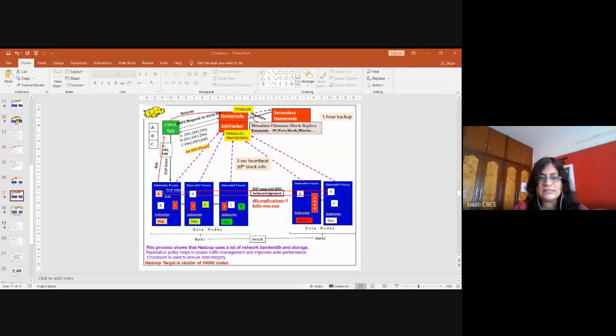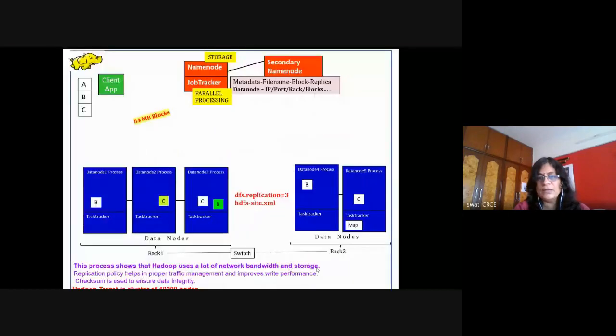Okay, so let's have a recap about Hadoop architecture. Is this screen visible to you? Here, Hadoop is an architecture for distributed storage and parallel processing both. So these are two different steps. The first step is about the storage of your big data, and the second step is about the parallel processing of the big data.